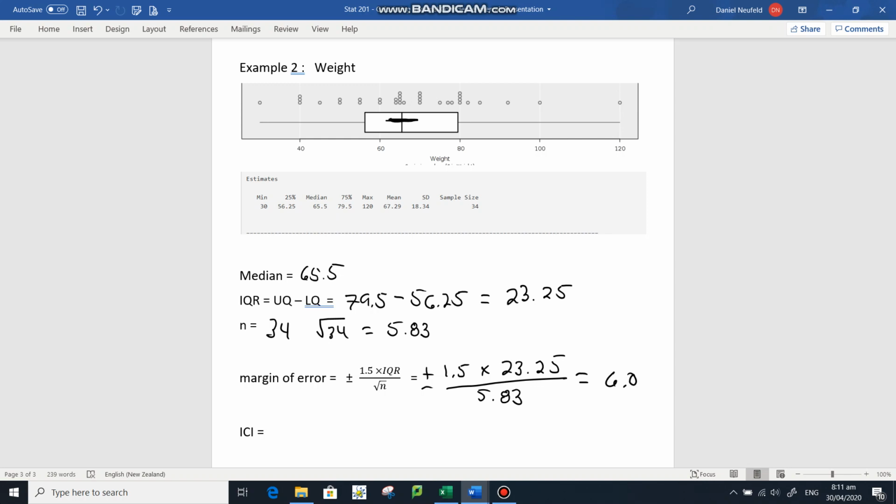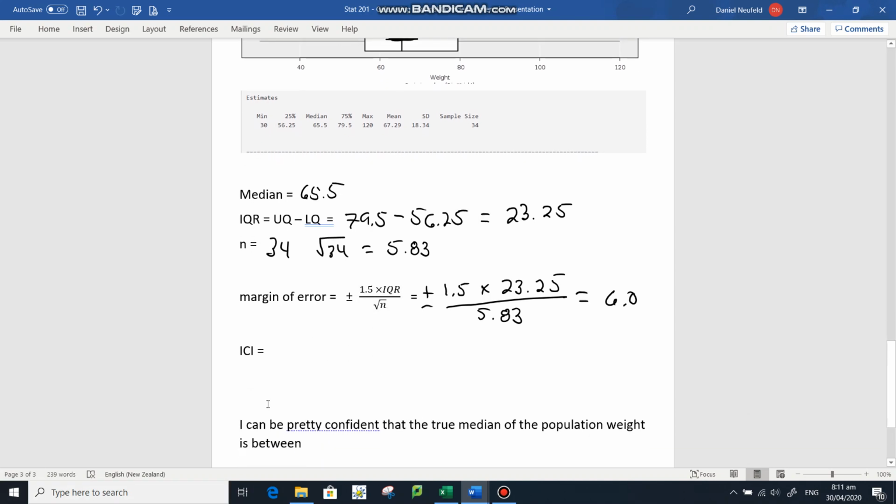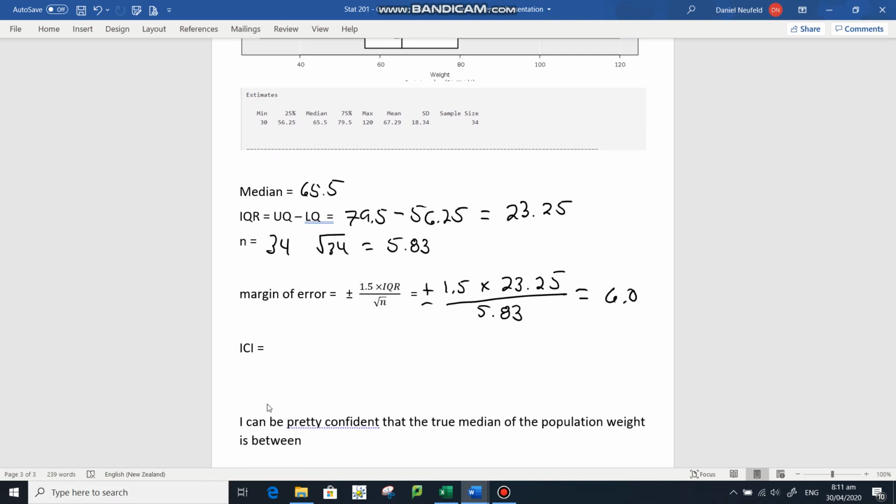So when I look at my informal confidence interval, I take my median, 65.5, right? That's my median, plus or minus 6.0, which is my error, my margin of error. And I get, on the minus side, if I minus 6 from there, I get 59.5. If I take that and add 6,